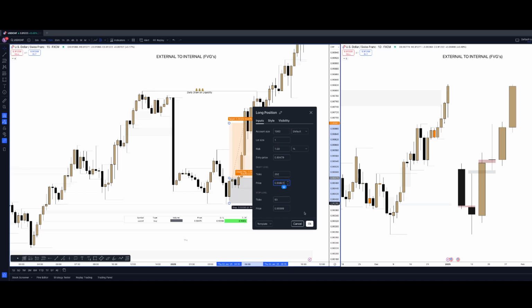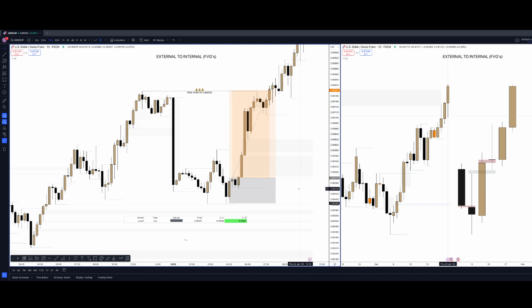Okay, it should be about a 3.4 R trade, just like that. All right, so if we remove this,